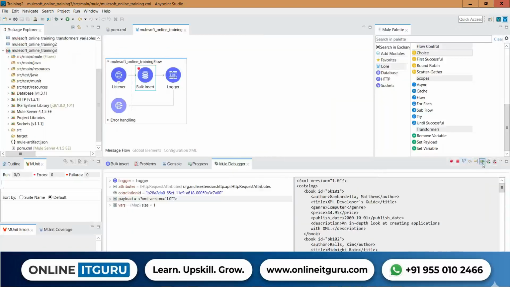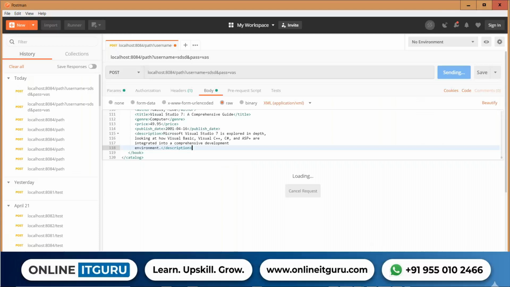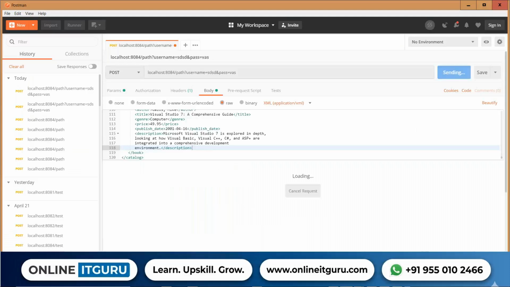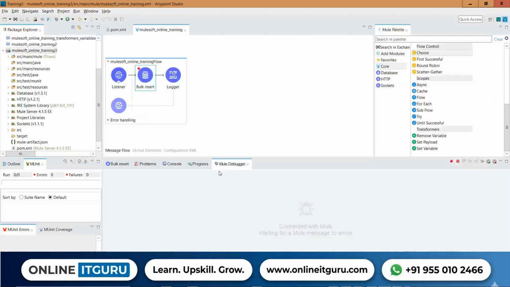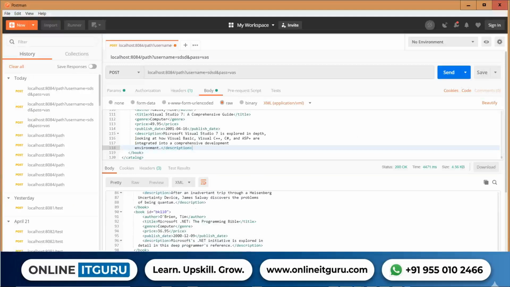the choice router. Now the response will come back. Just give me 1 minute, the response will come back. Let me send it again. Okay, now the response is the same payload which we got back. Either you can change the payload or any other information. So in our choice router,